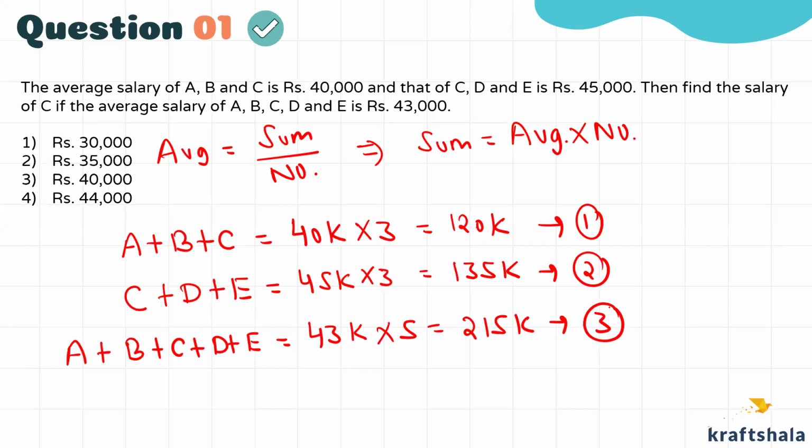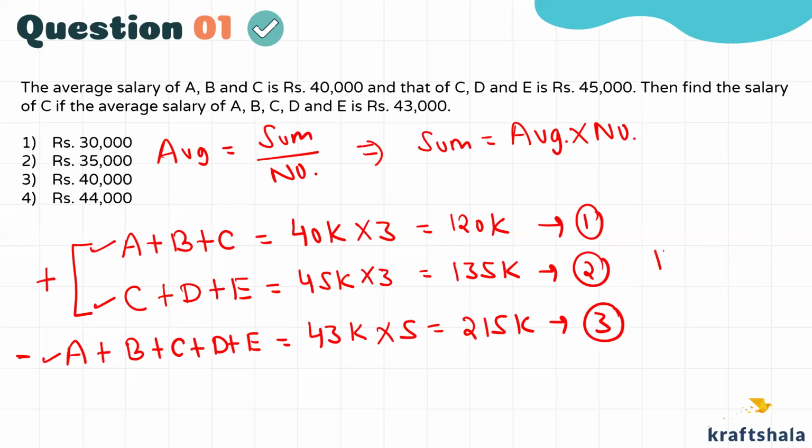Now you observe these three equations minutely. This one has C, this one has C, this one has C. And I only need C. How can I manipulate these three equations? If I add these two equations and if I subtract the last equation, I'll be only left with C, isn't it? See, A will be cancelled out. B is once, it will be cancelled out because I'm subtracting. D will cancel out. E will cancel out. 2C minus C. I'll be only left with C.